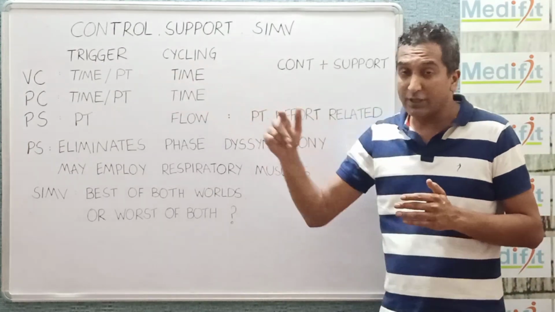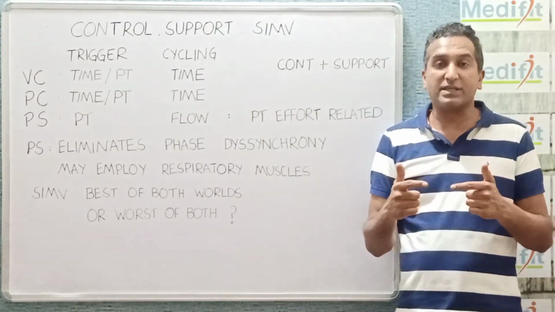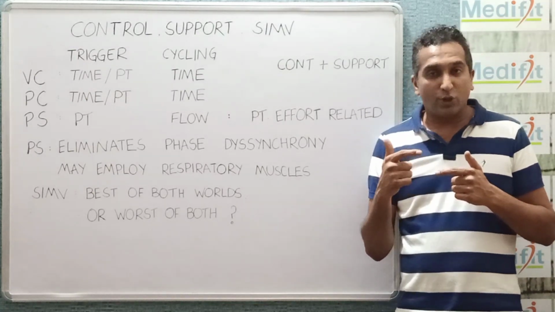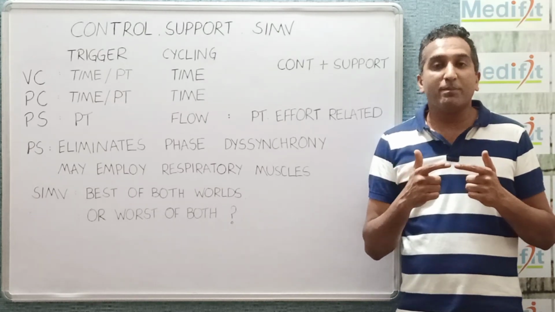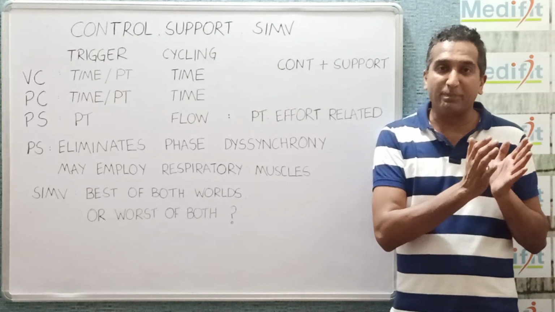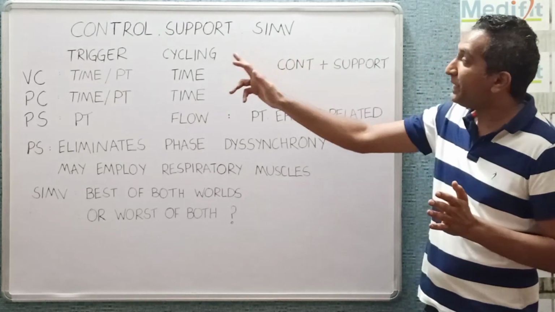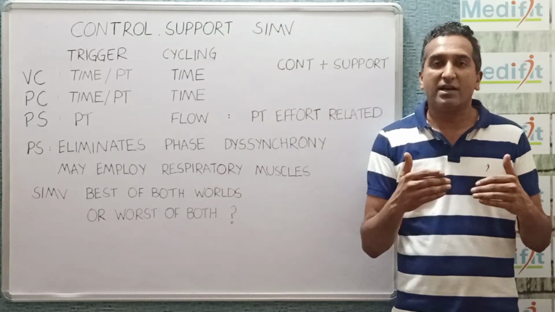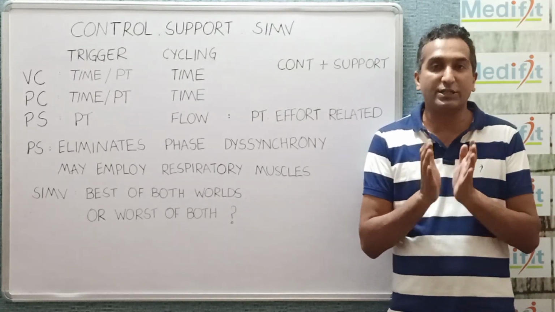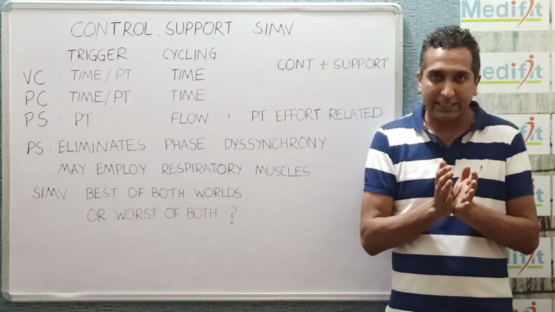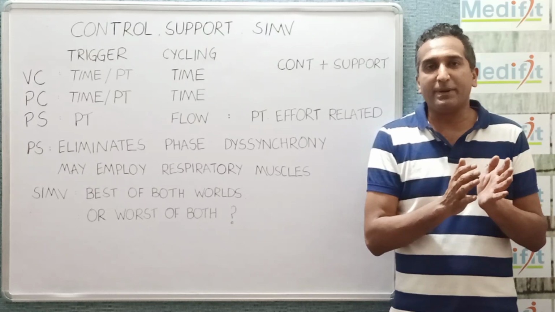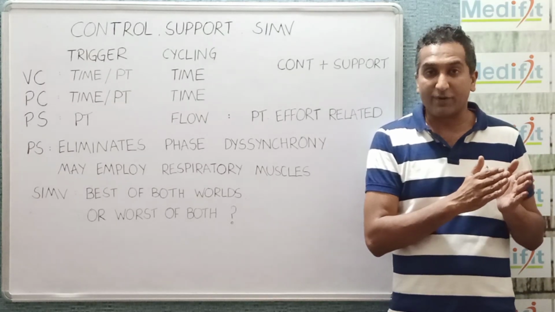But if the patient makes an effort to breathe and it falls in the expiratory phase of the cycle, the ventilator will register that and deliver a breath. So the patient's respiratory rate can be more than the set rate, but all the breaths, whether they are triggered by the patient or by time, will be time cycled. So whatever starts a breath, once it is initiated, it will continue for a set inspiratory time. And this inspiratory time can be set as an absolute time in certain models, or they calculate it depending on the IE ratio and the set respiratory rate.